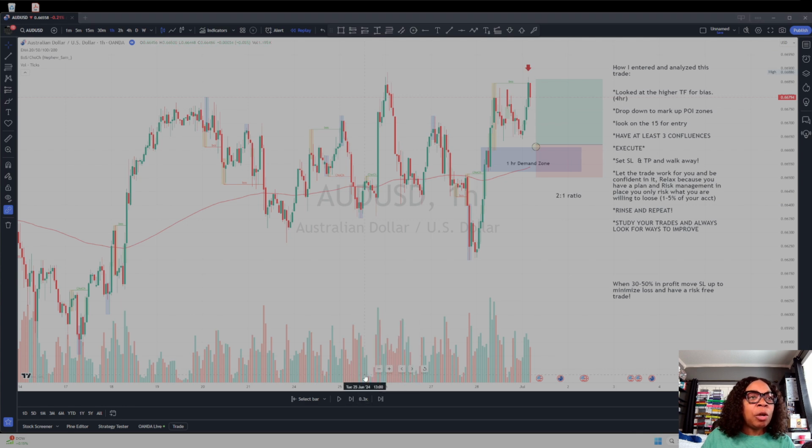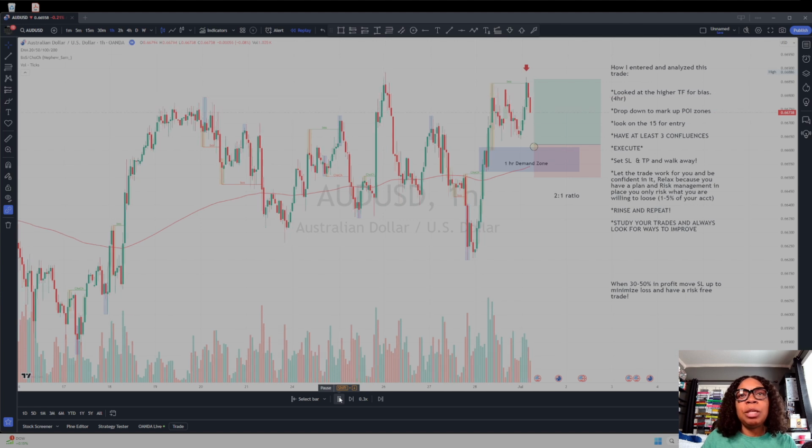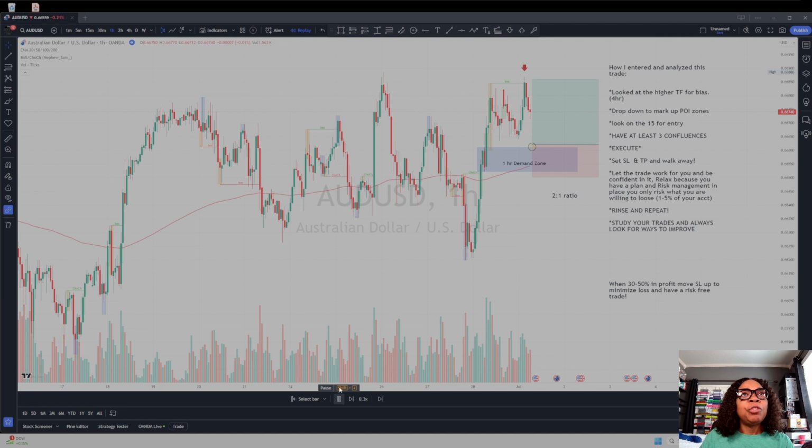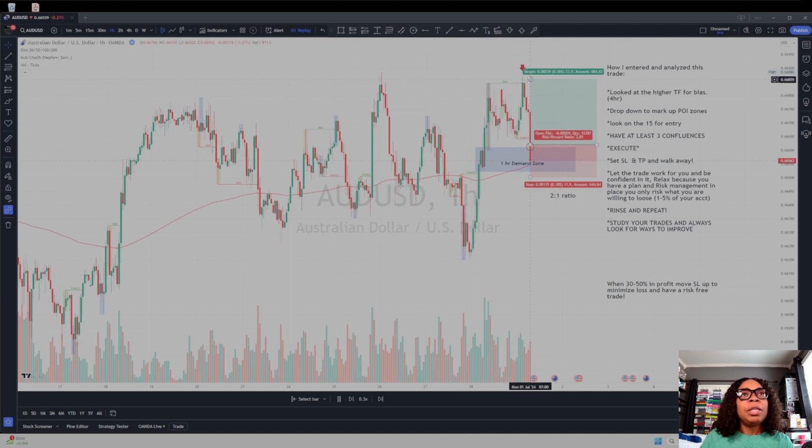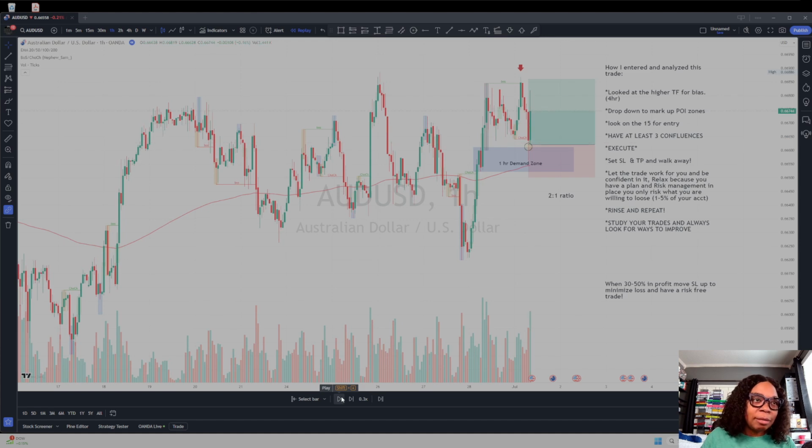And let's play the chart as we see it continue to evolve. And there was a break of structure where the red arrow is here, and bam, it hits into the demand zone. So I'm looking, and I'm like, okay, let's back up a little bit